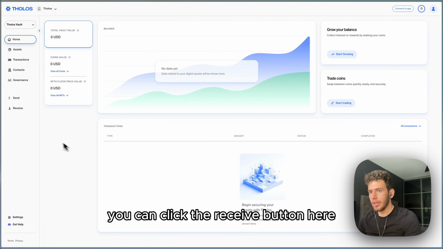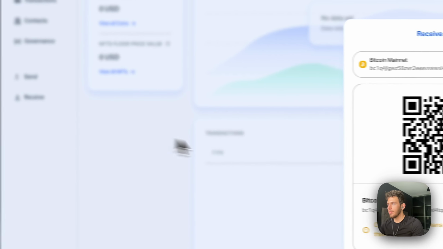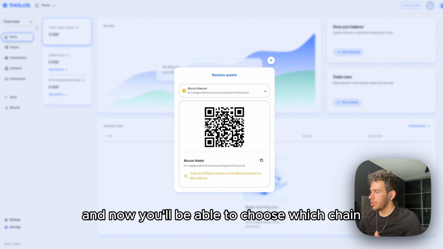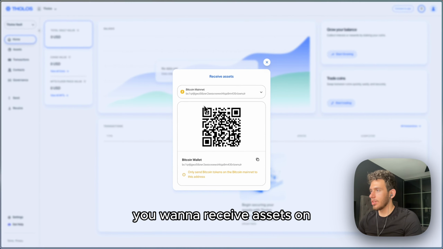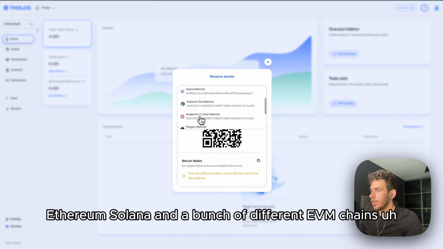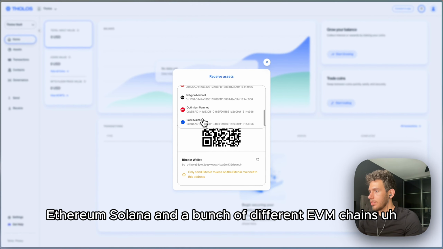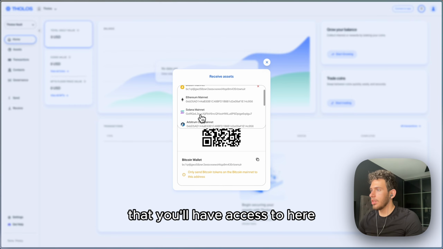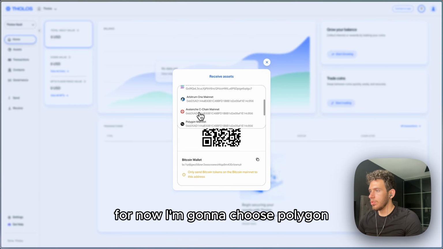To do that, you can click the receive button here, and now you'll be able to choose which chain you want to receive assets on. So you'll see Bitcoin, Ethereum, Solana, and a bunch of different EVM chains that you'll have access to here. For now, I'm going to choose Polygon,